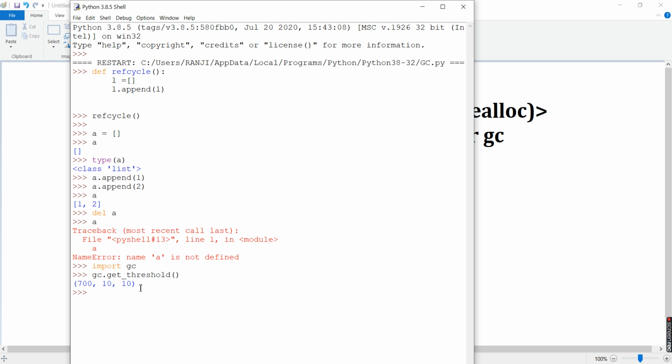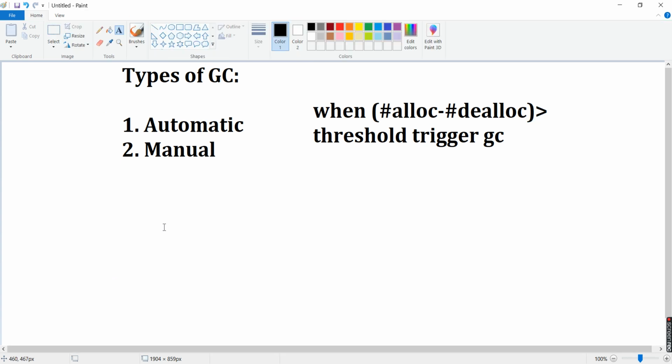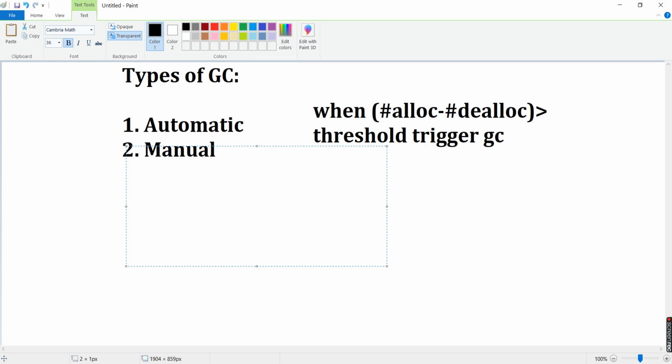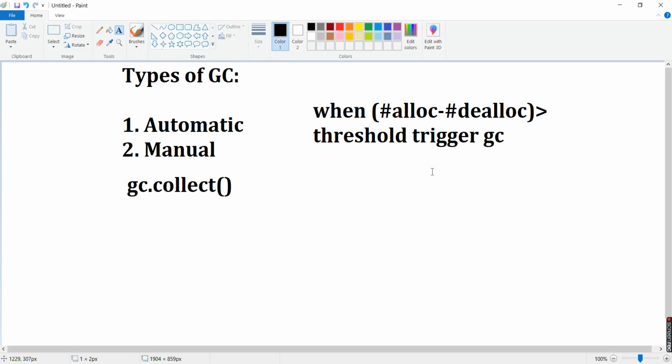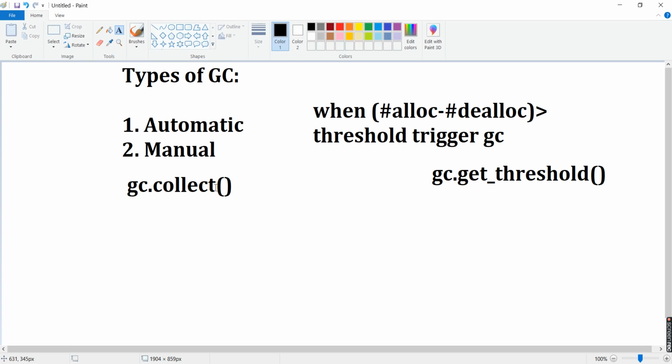Now as I mentioned, there is one more kind of garbage collection, called manual garbage collection. Manual garbage collection is triggered with the help of gc dot collect. So for automatic you had gc dot get_threshold, and this is for manual.